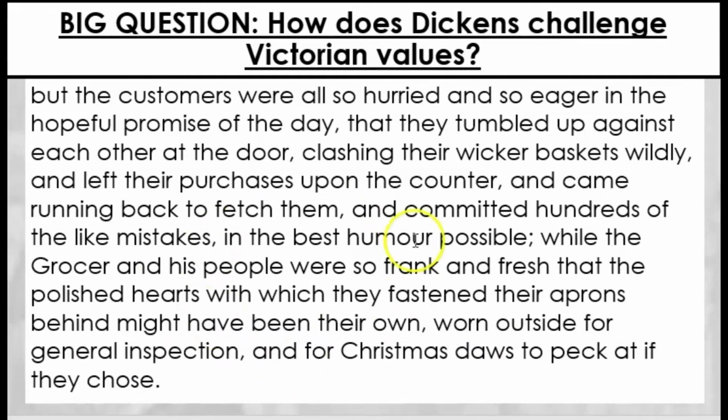So this idea that the grocers are providing all these foods and sweets, and people are in such a rush that they're sometimes forgetting the things they're buying, coming back laughing at themselves. And the grocers and everyone's being really honest and friendly. Frank and fresh means honest and truthful, and fresh in the sense of being friendly and personable. And this idea that the polished hearts, which they fastened their aprons behind, so they've got these heart-shaped knots to tie their aprons, might actually be this idea of them wearing their heart on their sleeve.